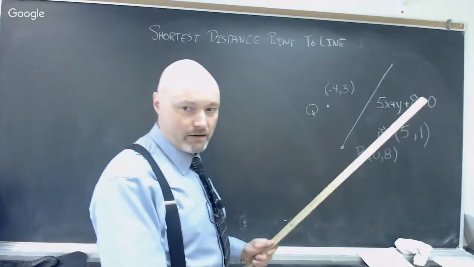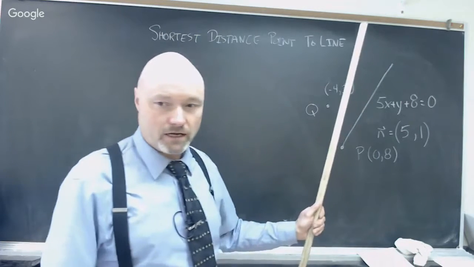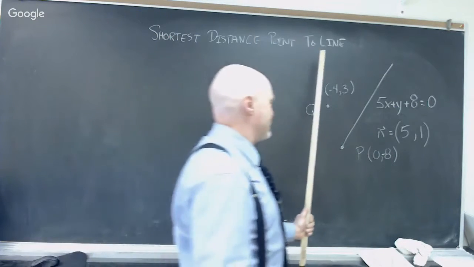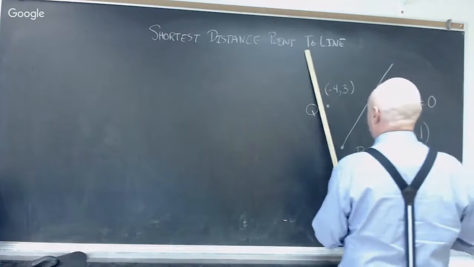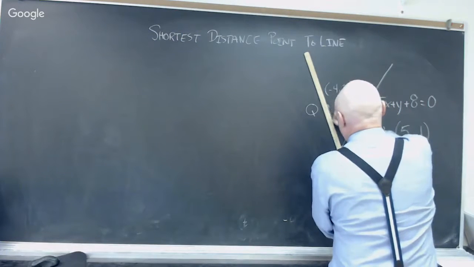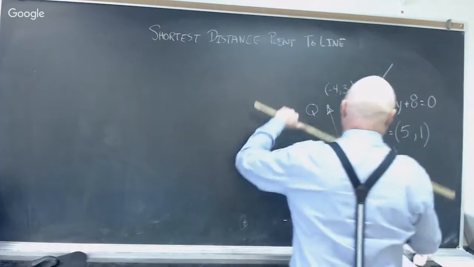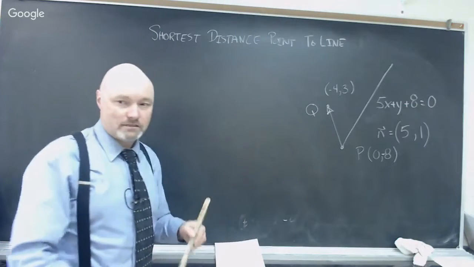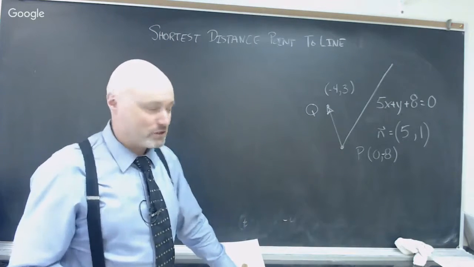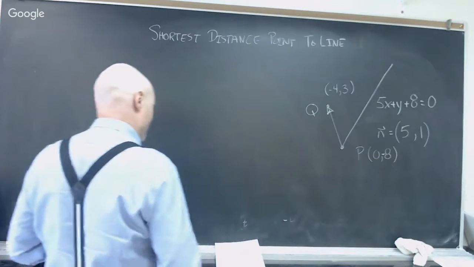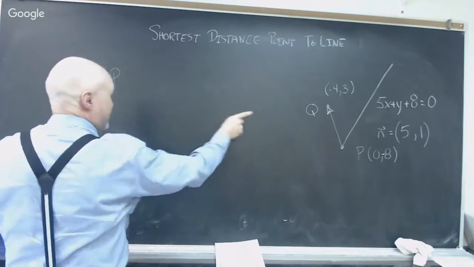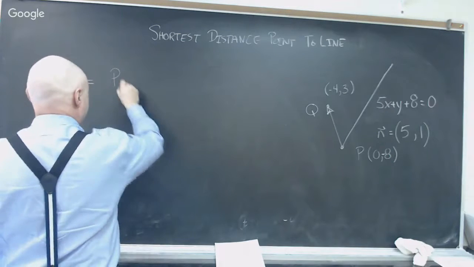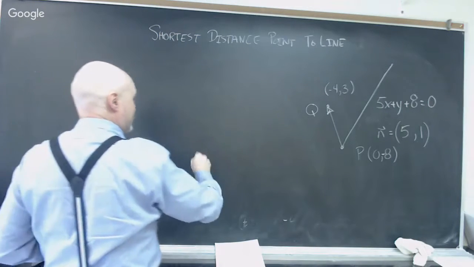Okay. And we're going to make a vector. What's going on? Oh, I said -8. Yeah, just already making bad mistakes with my signs. Okay, and then we're going to project that vector onto the normal vector. This is where you're probably going back and saying, gee, it's May, and I kind of forget how to do the projection of QP onto the normal vector. Okay, so that distance is going to be equal to the projection of QP